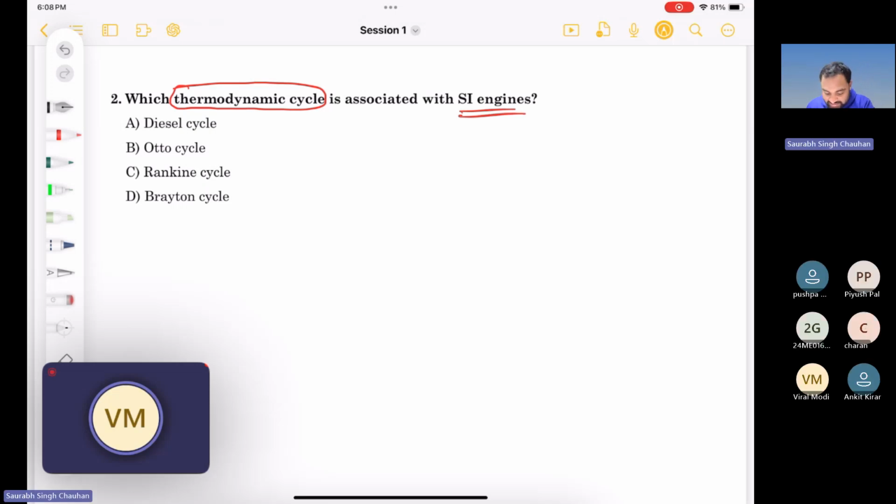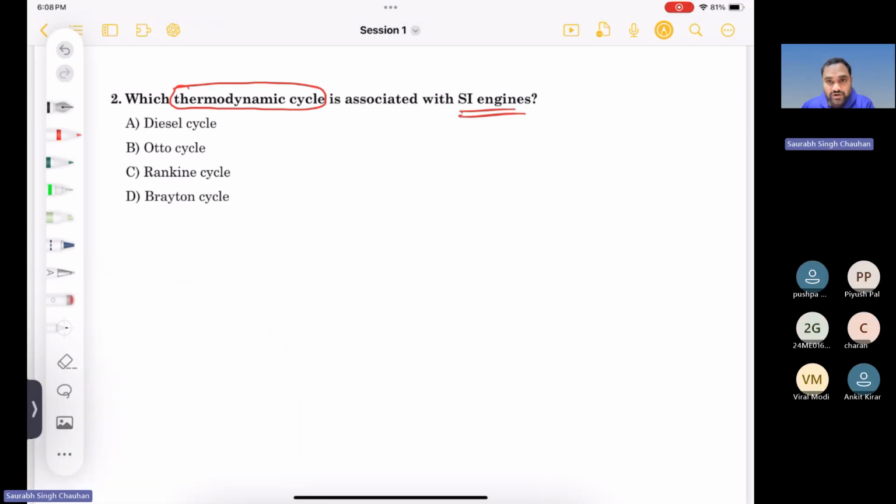Okay. So you know that in diesel engine or petrol engine or in any type of engine, you are burning some mixture of fuel and air. And that mixture of air and fuel is obviously not an ideal gas. And the pressure and temperature and volume are continuously changing. So whatever thermodynamic cycles you have studied, whether it is Carnot cycle or Otto cycle or diesel cycle, they are very ideal cycles and they are not used in the real applications.